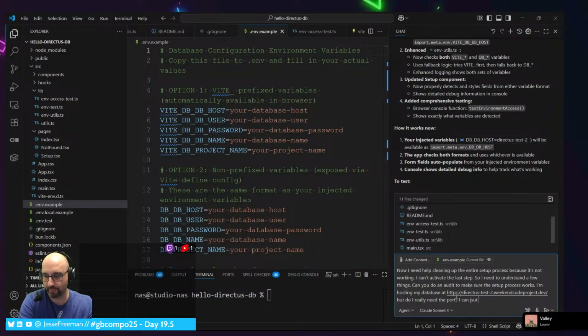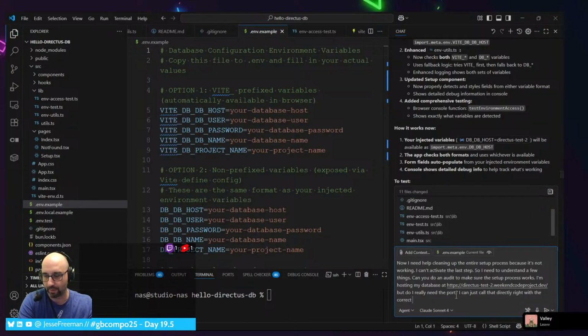I can just call that directly, right? With the correct DB user name and password applied from the environment variables.